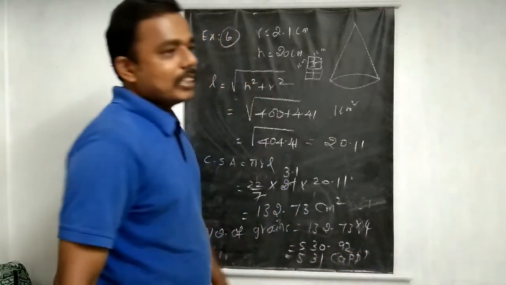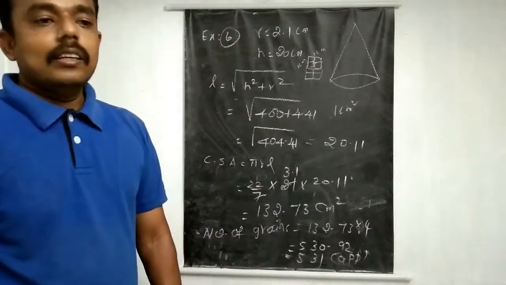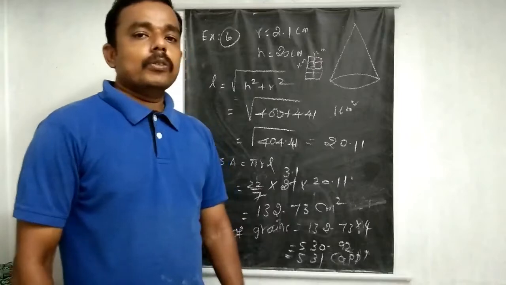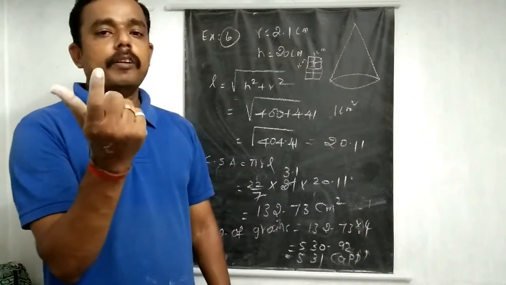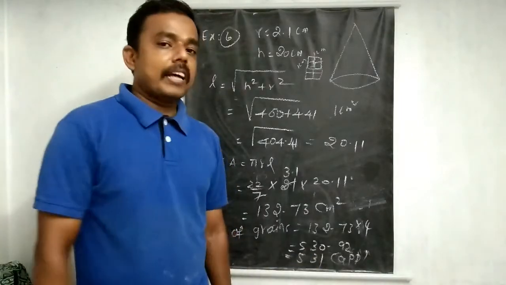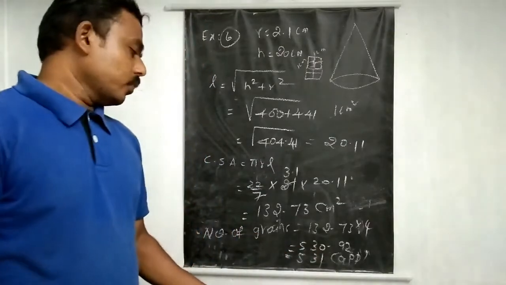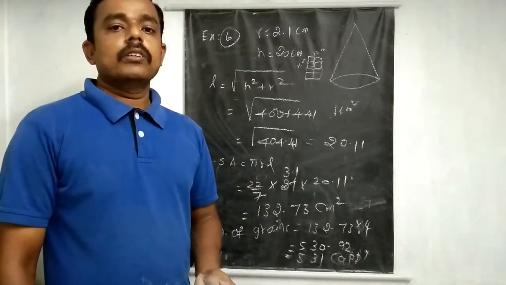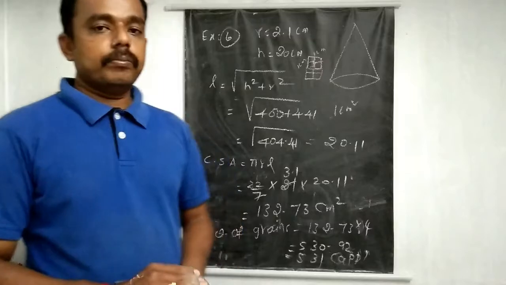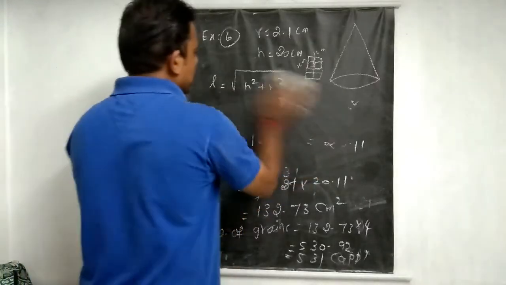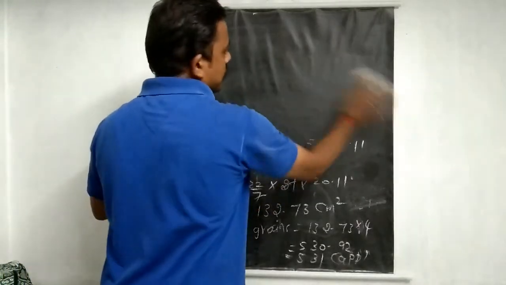So for the cone we need to give an approximate value. One cone may be small, another one may be big, so that's why it's given as an approximate value. So always go for the approximate value. When we need to give the number of things, just give the approximate value.